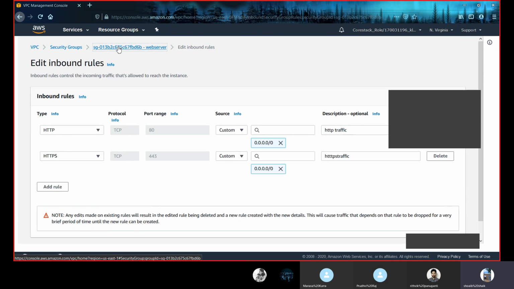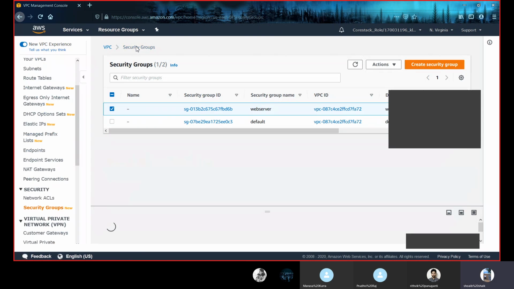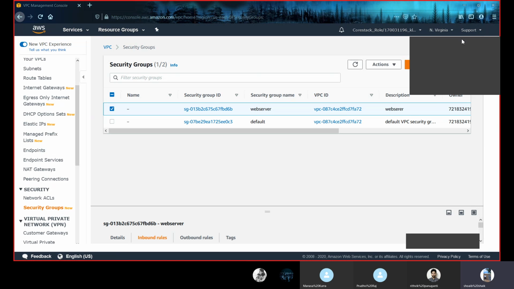Just get back to your security group. Now, this is our security group for our web server, and we allowed the traffic that is HTTP and HTTPS.